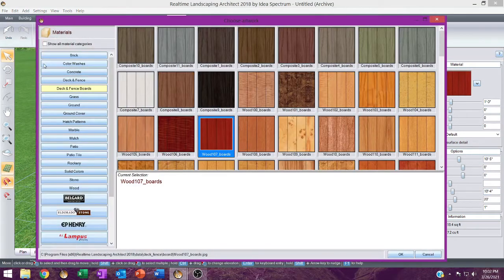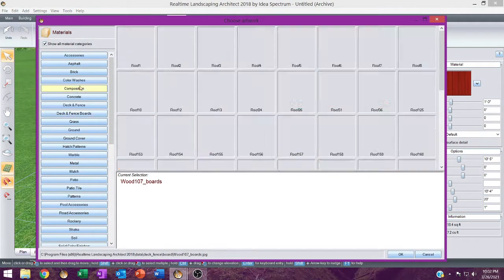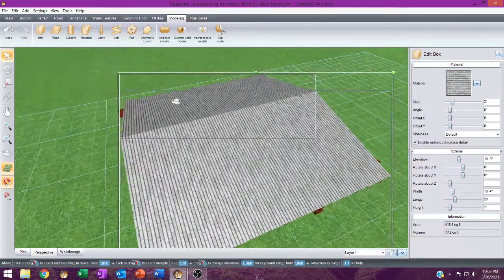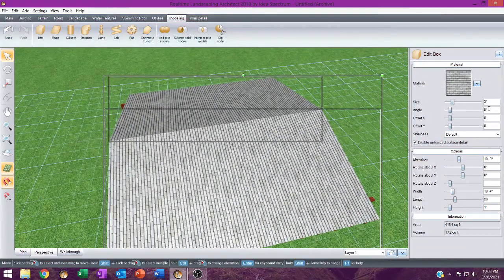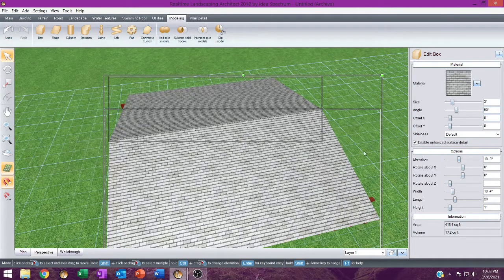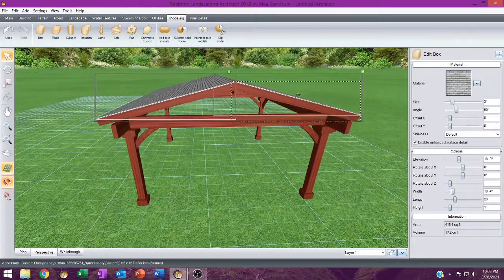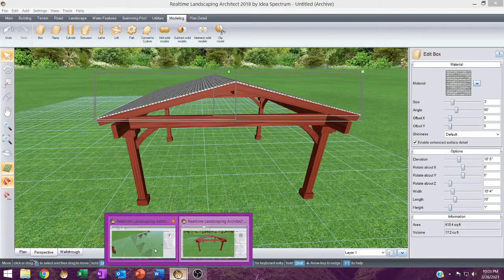We're going to change our material, show all material. We're going to go to composition, and let's go with these shingles. And they're obviously pointing the wrong way, so we're going to rotate the angle 90 degrees. So there you basically got, well, almost have an open gabled